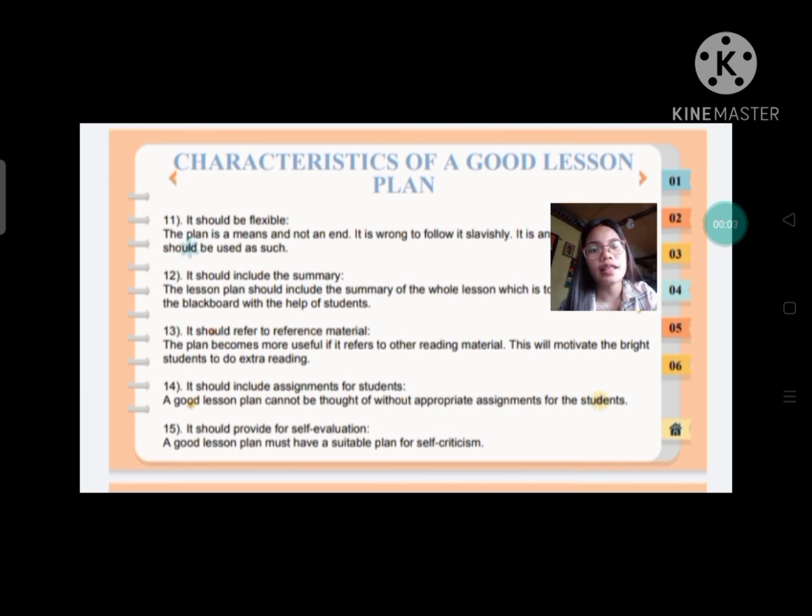Number 15, the last one, it should provide for self-evaluation. A good lesson plan must have a suitable plan for self-criticism. The teacher should put some questions to himself and find out the answers, and thereby judge the effectiveness of the lesson or otherwise. By providing self-evaluation, it gives you an opportunity to highlight how you use your unique strengths to accomplish your goals, while also being honest about